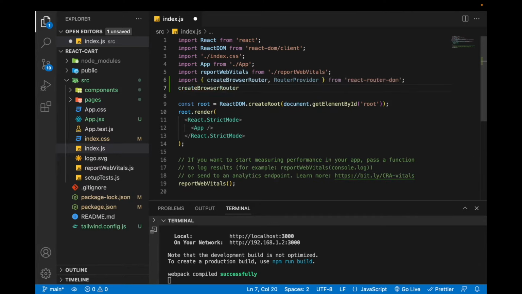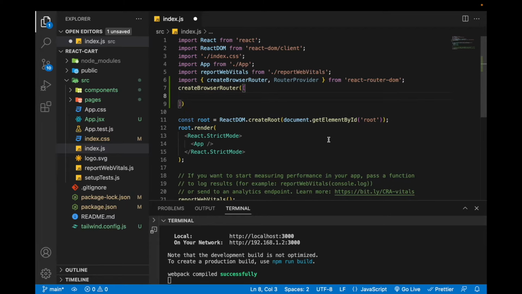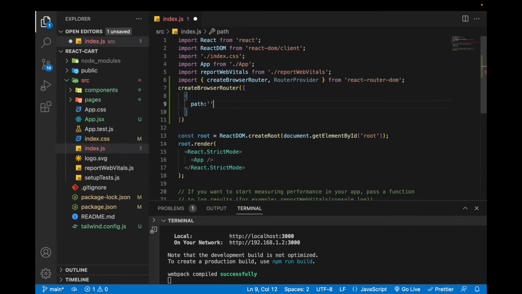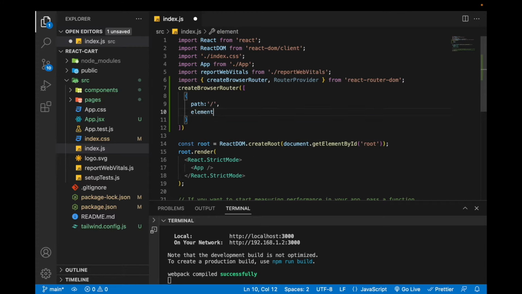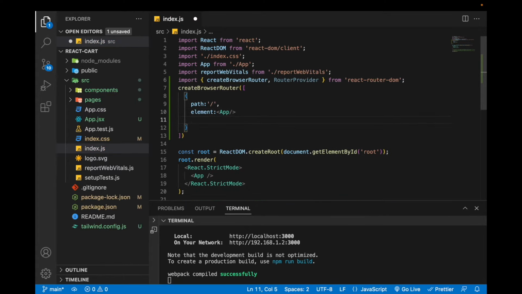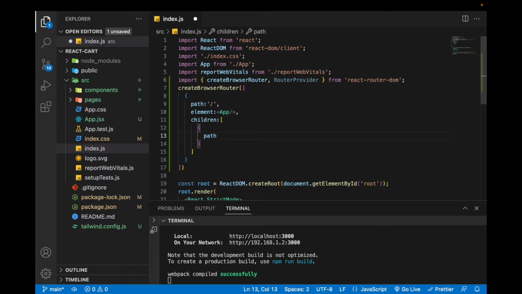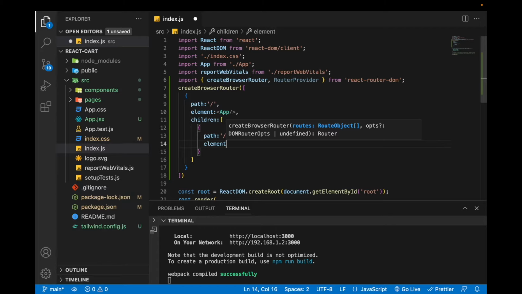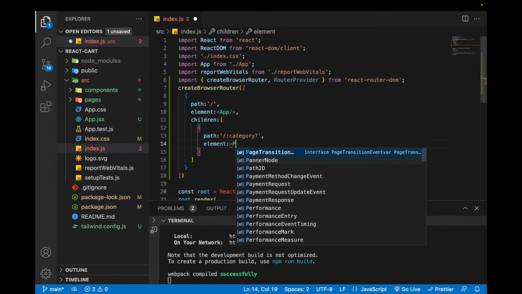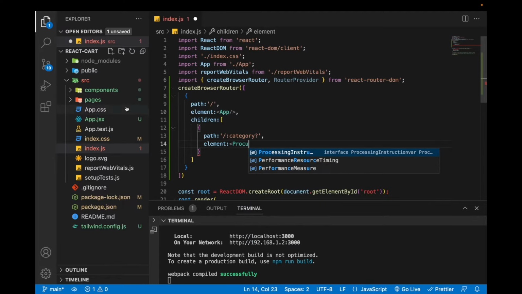This function we are going to use, so it should be an object, path home, element, the parent element should be app, and then children, the value should be an array, path would be category and it would be optional, element products,